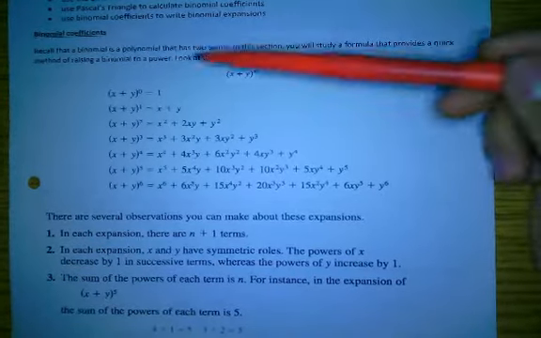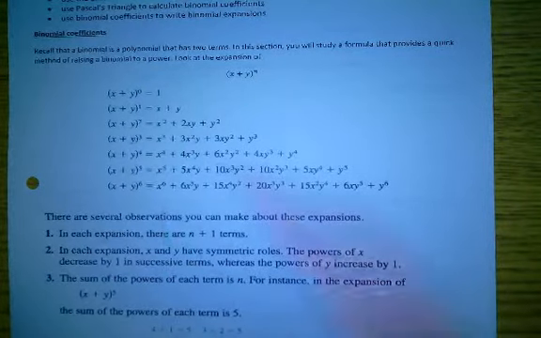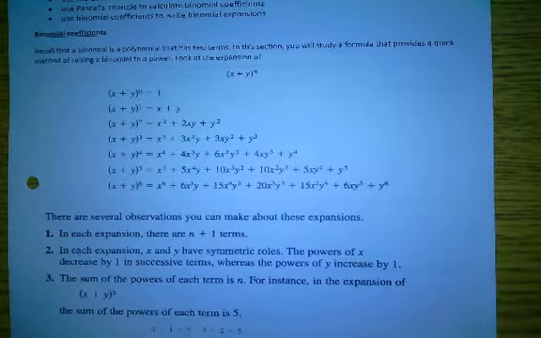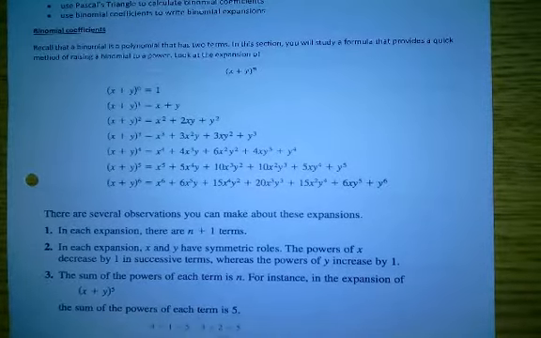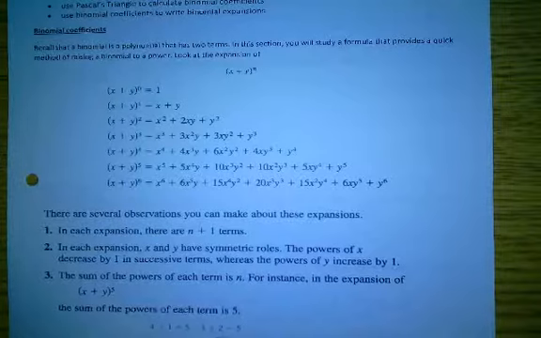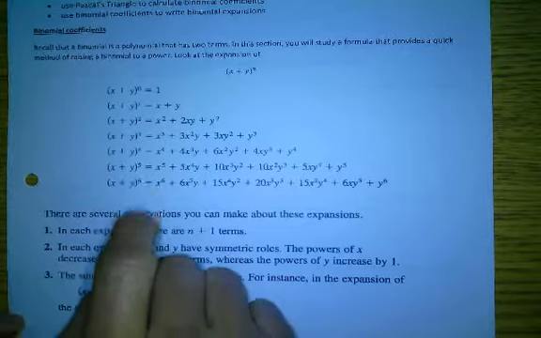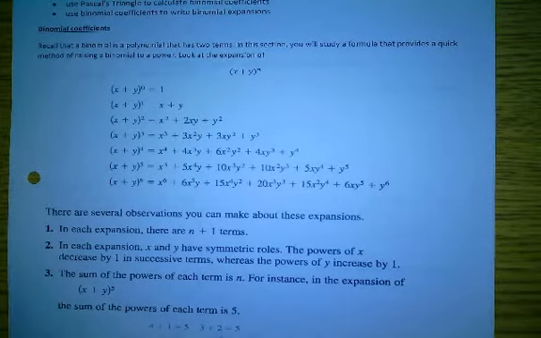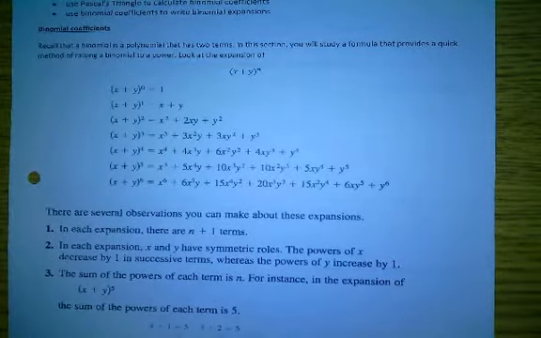integer. Okay. So, if you raise anything to the 0 power, it's always going to be 1, right? And if you were to raise it to the first power, well, it's always going to be itself. But if you do square, that's the same thing as saying x plus y times x plus y, right? So what I'm going to show you today is how you can avoid having to do, for example, if it was x plus y to the 6th power, x plus y times x plus y times x plus y times x plus y. Okay, so if you're able to use binomial expansion, you can avoid doing that many